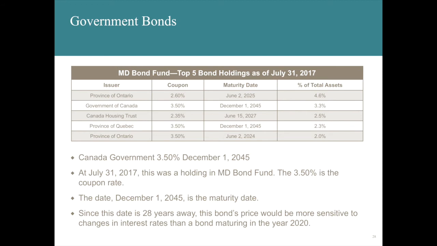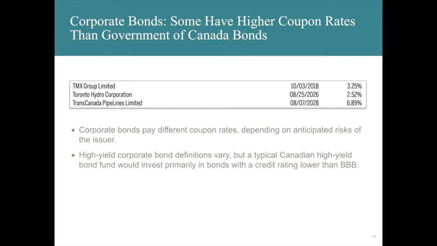So you see a TMX Group, which is the TSX, actually, the market index there, the company that is a stock exchange. You see it's 2018 at 3.25%. So much shorter than what we've seen in the Government of Canada, and about a rate that is actually quite competitive. Then you see a Toronto Hydro, which is